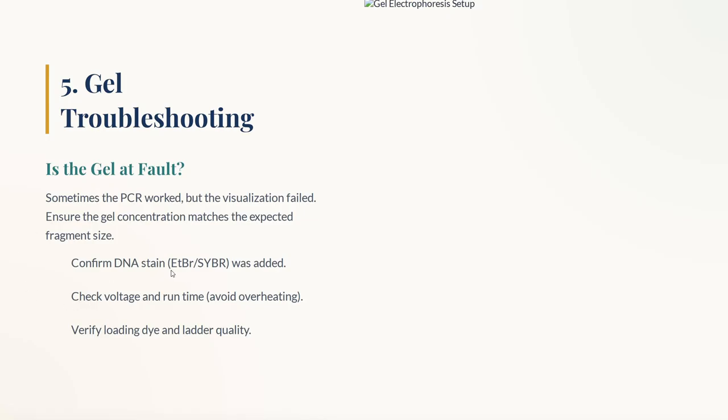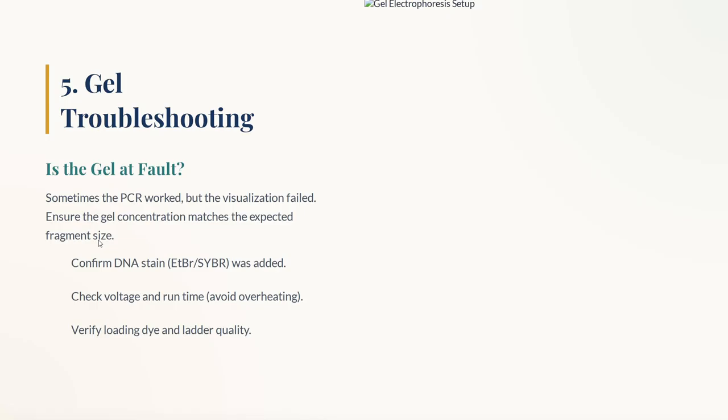Make sure you have added EtBr when the gel was a little bit cool, right? And check the voltage also. I never got any issues with the voltage. Generally I increase the voltage when I need to run it fast, otherwise voltage generally doesn't have any issues. Dyes, and also when you are loading dye, ladder quality should be maintained. So mainly if you have prepared your gel properly,